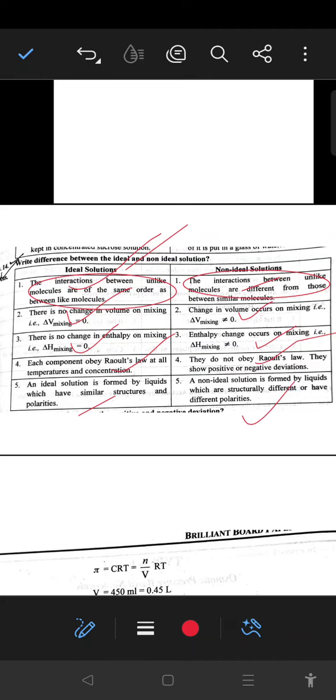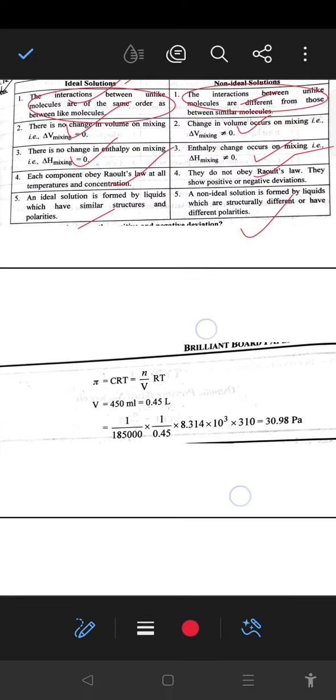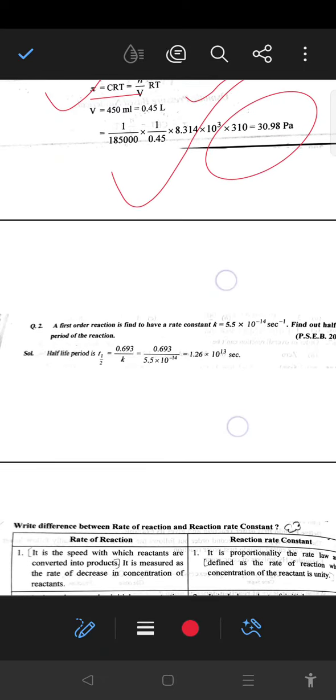A non-ideal solution is formed by liquids which are structurally different or have different polarities. Next, a numerical based upon osmotic pressure, pi equals CRT. The concentration and volume are all given; we put in the values and solve, and we will get the answer. Next, if a first order reaction is found to have a rate constant